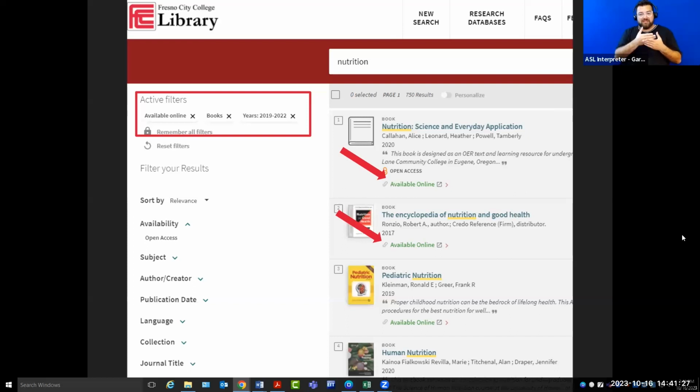So if you are looking for something that is completely open, that does have a Creative Commons license, you can check that open access box to find that material. I always recommend just double checking the license on the material itself, but for the most part, you can use our catalog to search for some of those open access articles, and even limit to book chapters or reference materials, and videos as well. So again, this is helpful to supplement any OER that you might be using that doesn't quite cover everything that you are looking for.